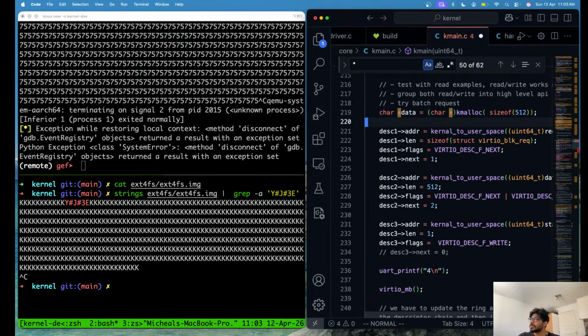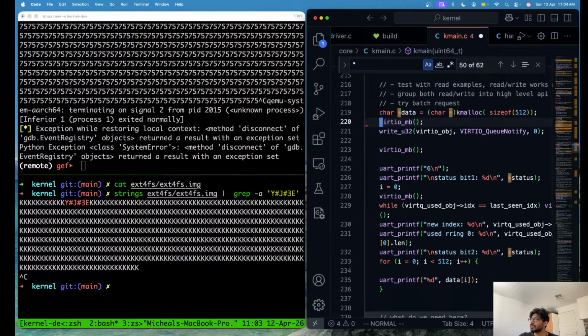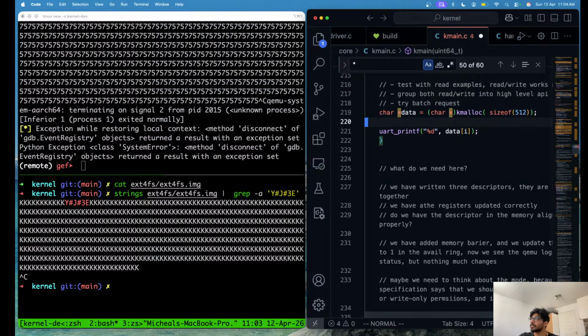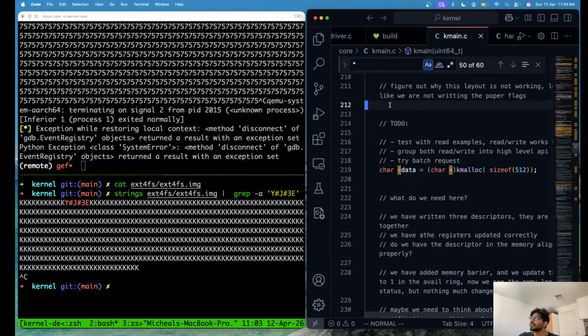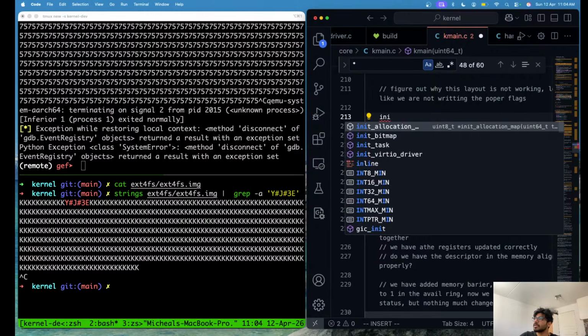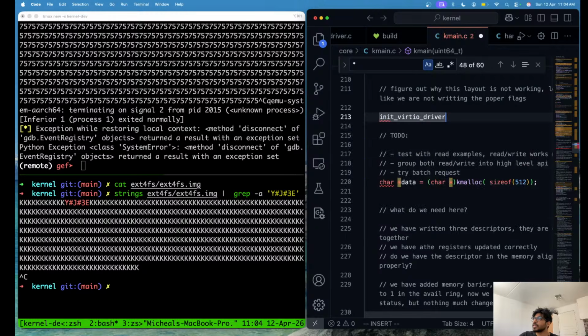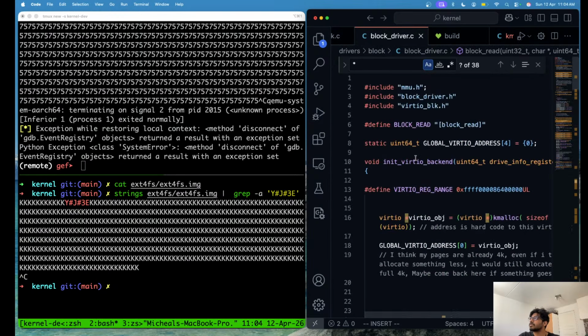We have managed to copy everything into that, and we can remove all of this. We only need the data location, and before that we'll also call the initialization, so it's init Vichayo driver, and it's going to take, no, not this. I think I have to register this thing here inside block driver.h,